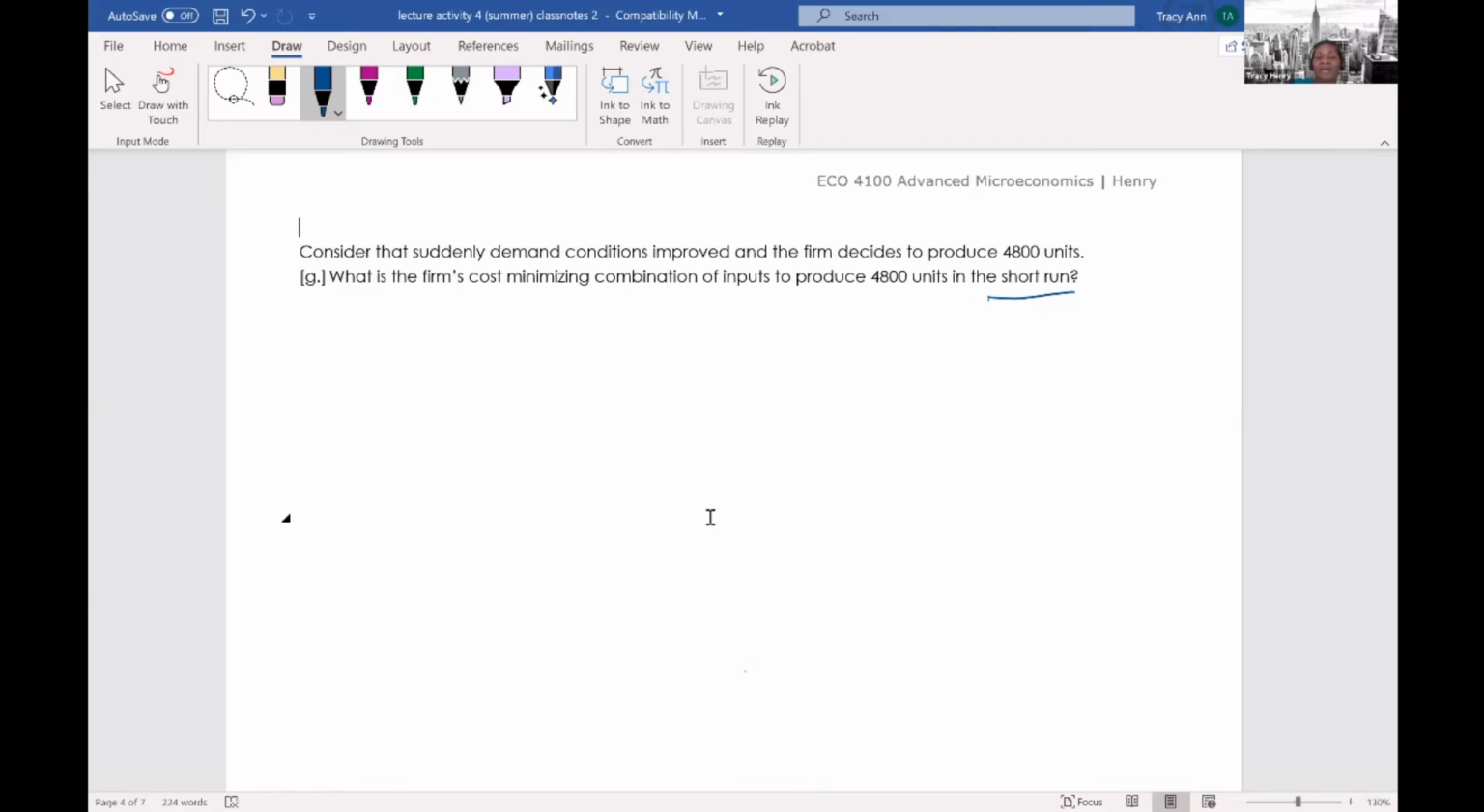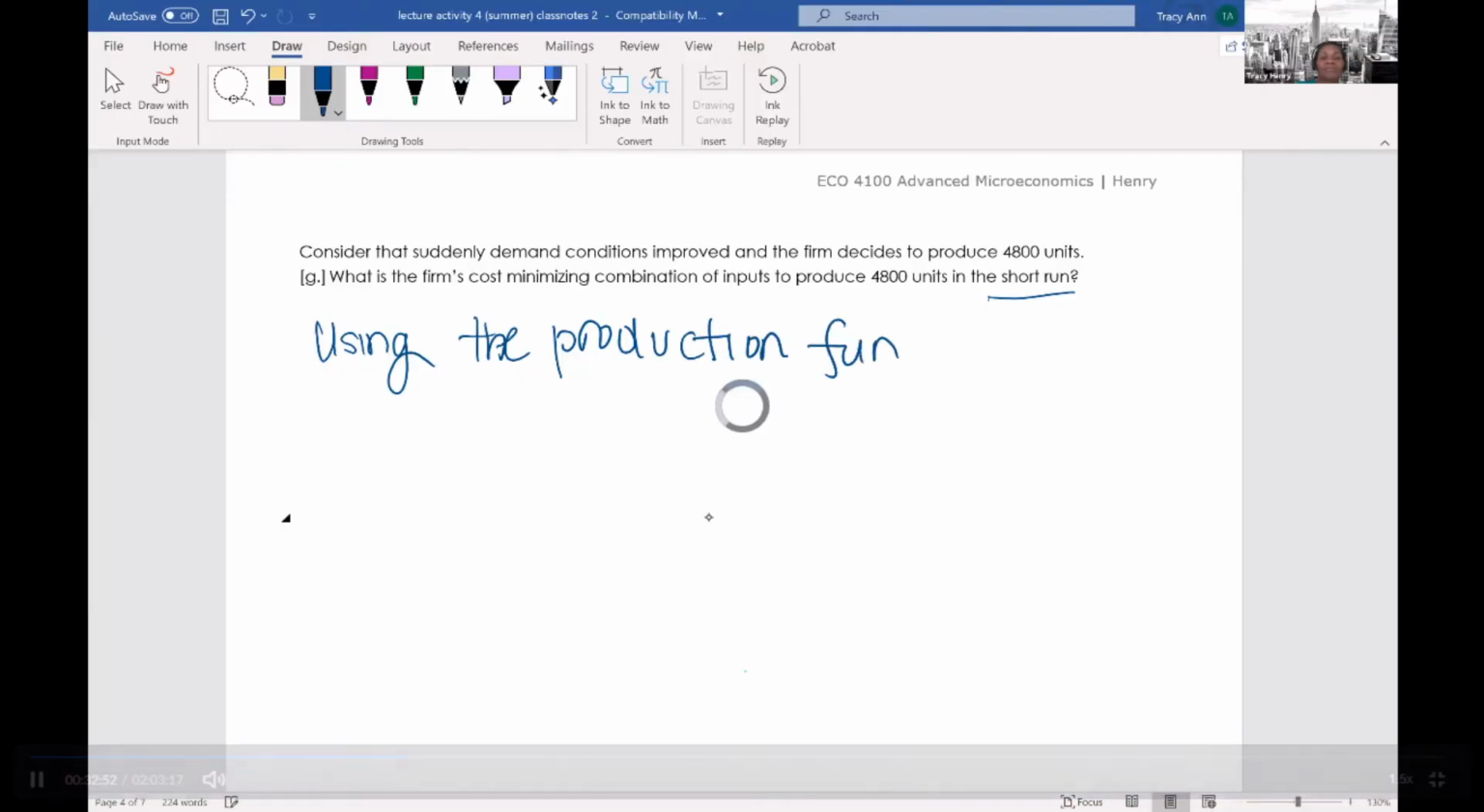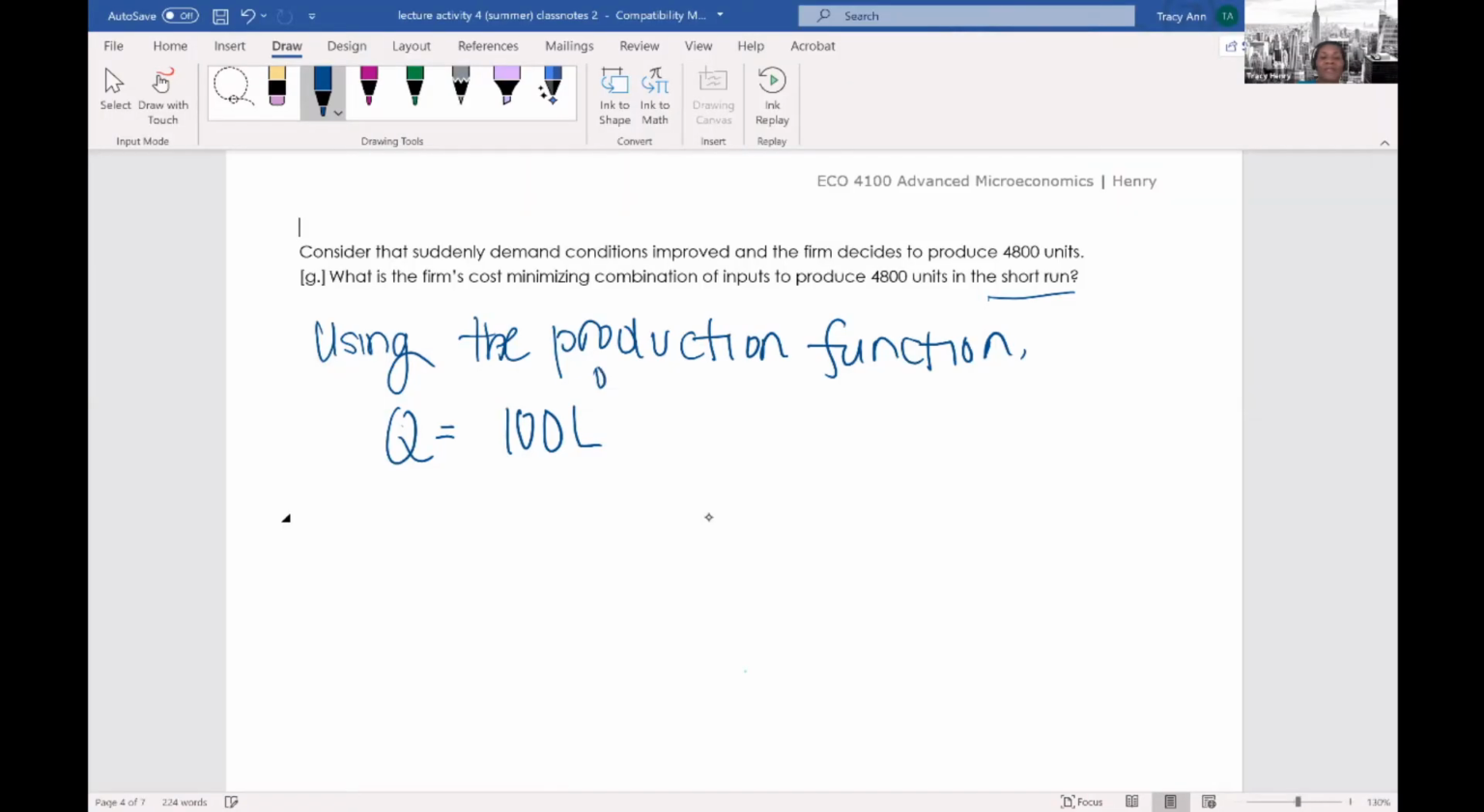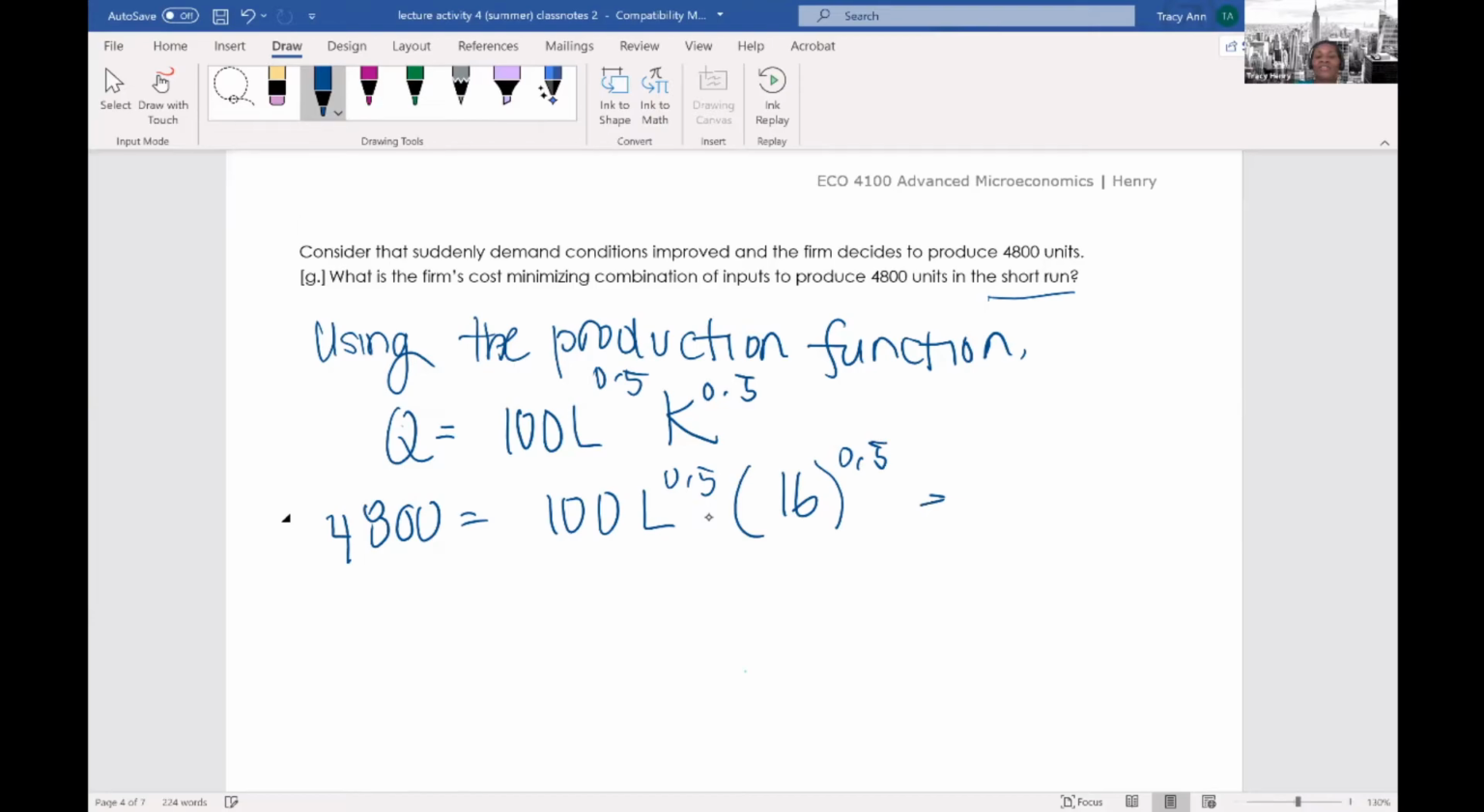So now, if we want to know what is a cost minimizing combination, well, what are you producing? So you use your production function. In other words, you're using Q equals 100 L to the 0.5 K to the 0.5. So if this is 4,800, this is 100 L to the 0.5, and my K, I know, is 16 in the short run, to the 0.5. So this ends up being 400 L to the 0.5. Right? So L to the 0.5 is going to be equal to 4,800 divided by 400, which is equal to,